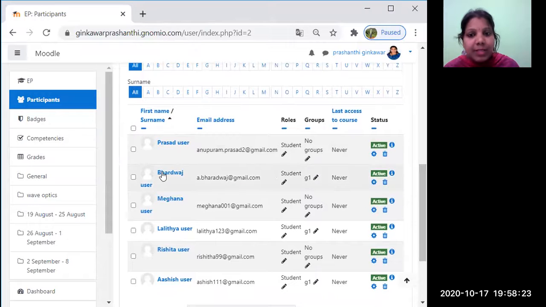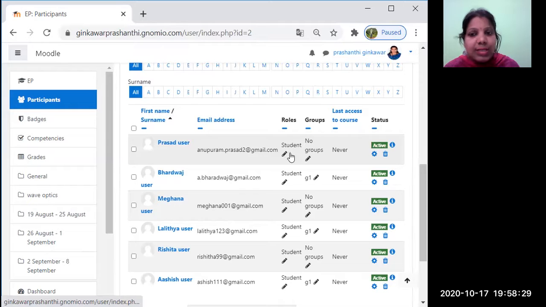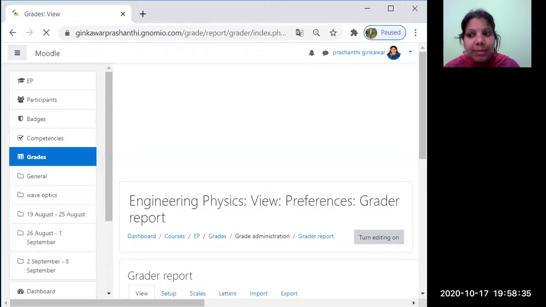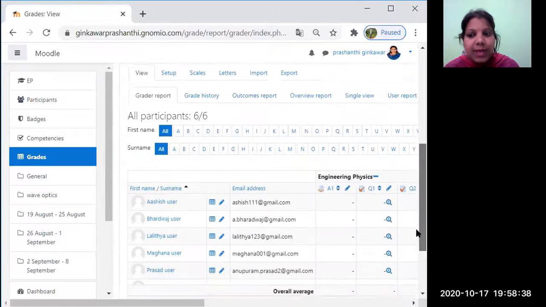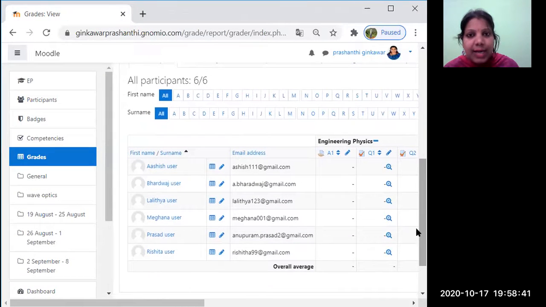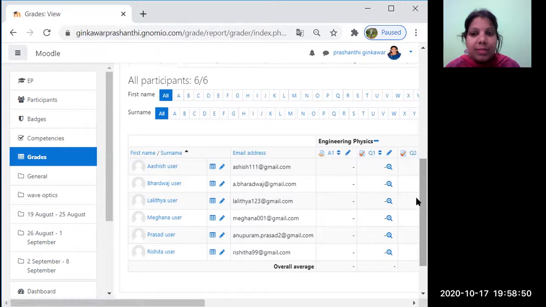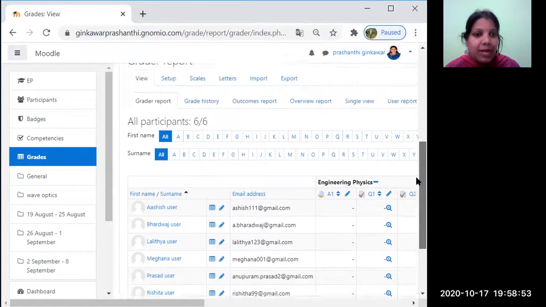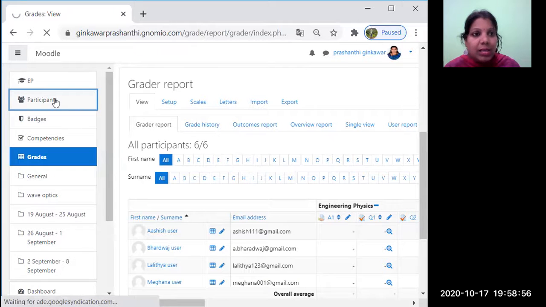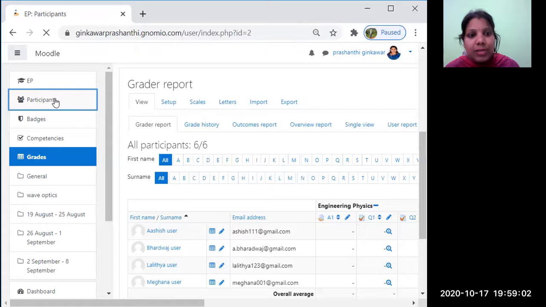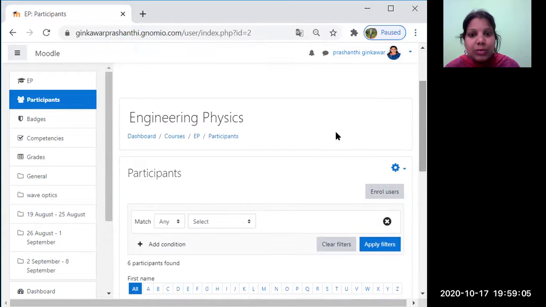These are the participants, their mail IDs, and the role of the user is student. Then by clicking grades, we can check whether they attempted quiz 1 or CBM quiz 1. If the student does not attempt the quiz within the deadline, then the marks will be 0. By checking these grades, we can estimate the student level, what he is understanding. And by clicking on participants, you can see how many students are present in your class. So this is about